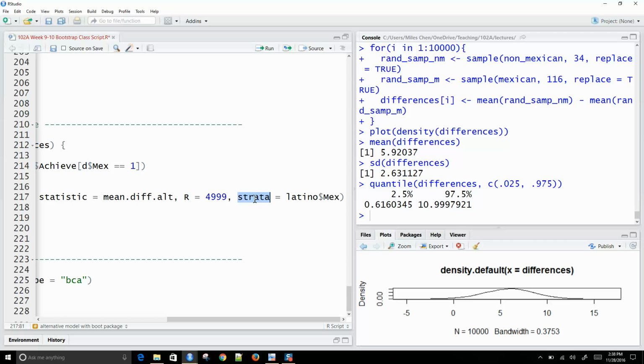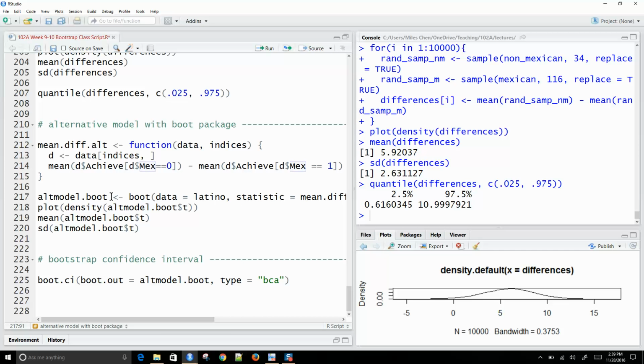We're going to say, when you take the random sample, rather than just randomly sampling 150 points, I want you to randomly sample where for each strata in the Mexico vector, which would be zeros and ones. So for those from Mexico, strata those ones, and then those not from Mexico, do a random sample of those. Okay, so that will create 34 from non-Mexican countries and 116 from Mexican countries. So we run this,